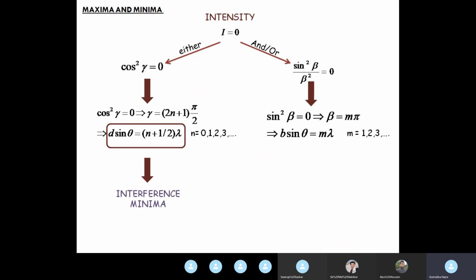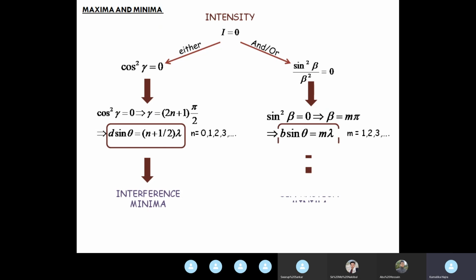But remember, this absence of 0 is one of the key factors, because the moment 0 is present, it is giving you the exactly opposite condition of maxima. With the 0 absent, it is giving you the condition of minima. So it just changes the meaning. The presence of 0 absolutely changes the meaning, whether it is a dark fringe or a bright fringe. So here we are looking for the dark fringes, I equal to 0, and it is mandatory that you realize that you can't put 0 over here.